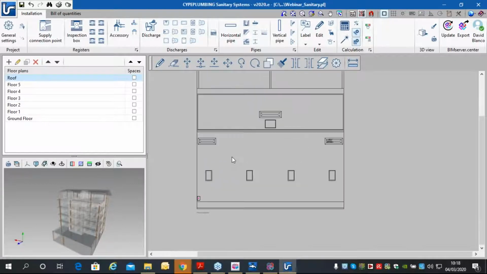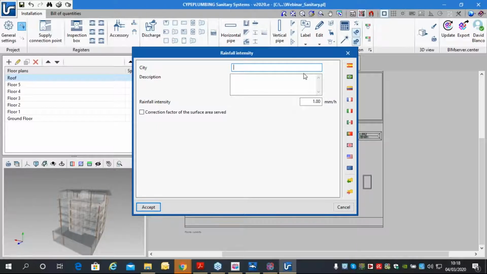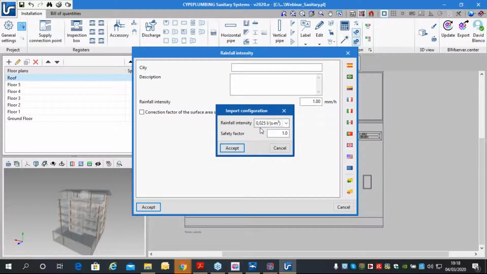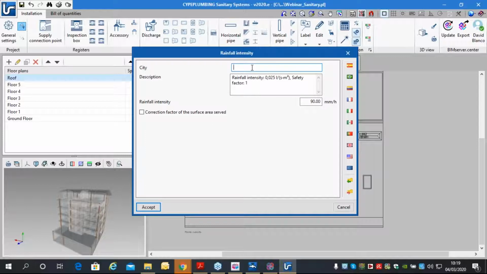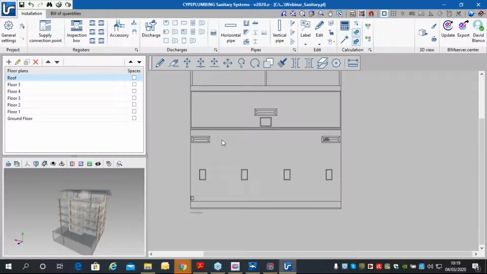Finally, for the rainwater, we have to establish the rainfall intensity. For example, imagine according to the import configuration rainfall intensity, let's imagine this factor. Let's imagine this is London, for example, I don't know, just to say anything. We accept here, and in order to collect these rainwater installations, this is a sloped